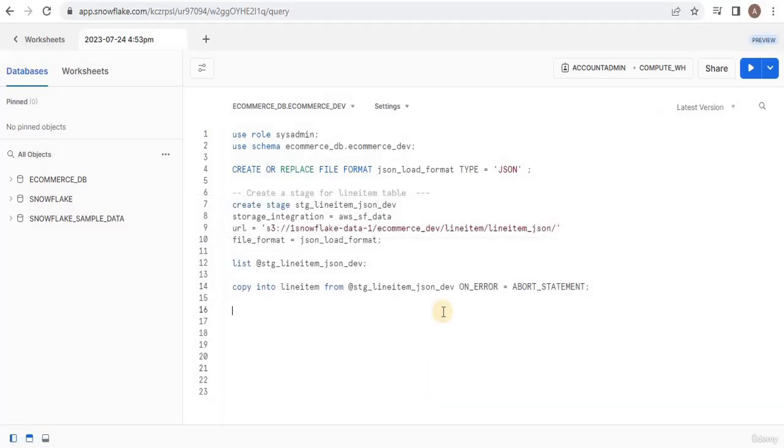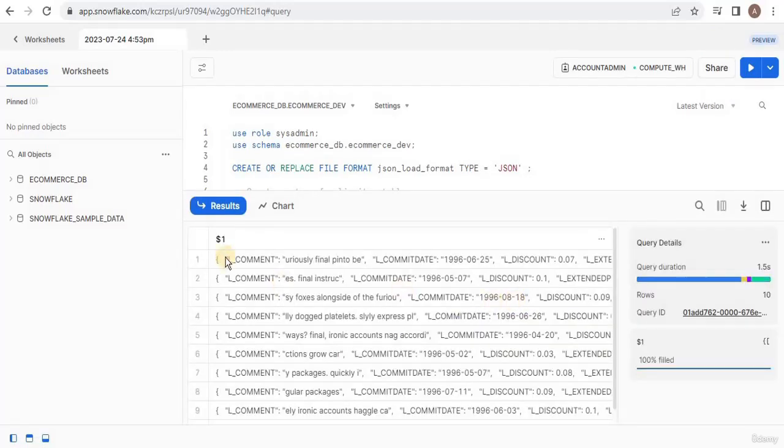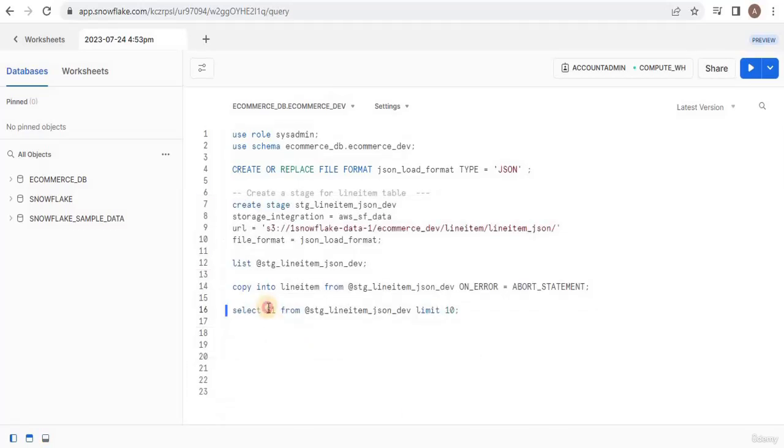Let's first query the stage table that we have now. So you can actually say select $1 from your stage object. If you are selecting $1, it means that you are actually selecting the column 1 from your stage object. So here you can see the actual content of your file. When it comes to ingesting JSON data or a Parquet file into Snowflake, there are a couple of ways of doing so. We are going to see only one way in this video.